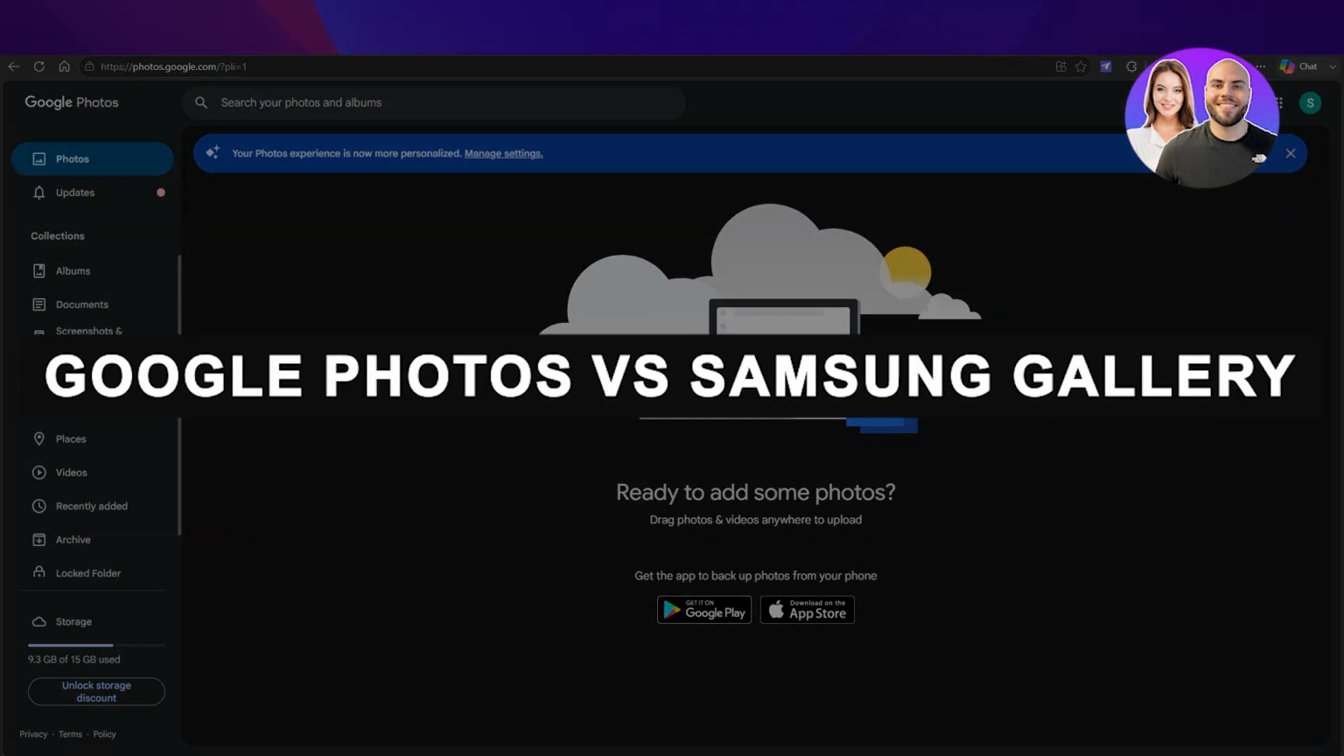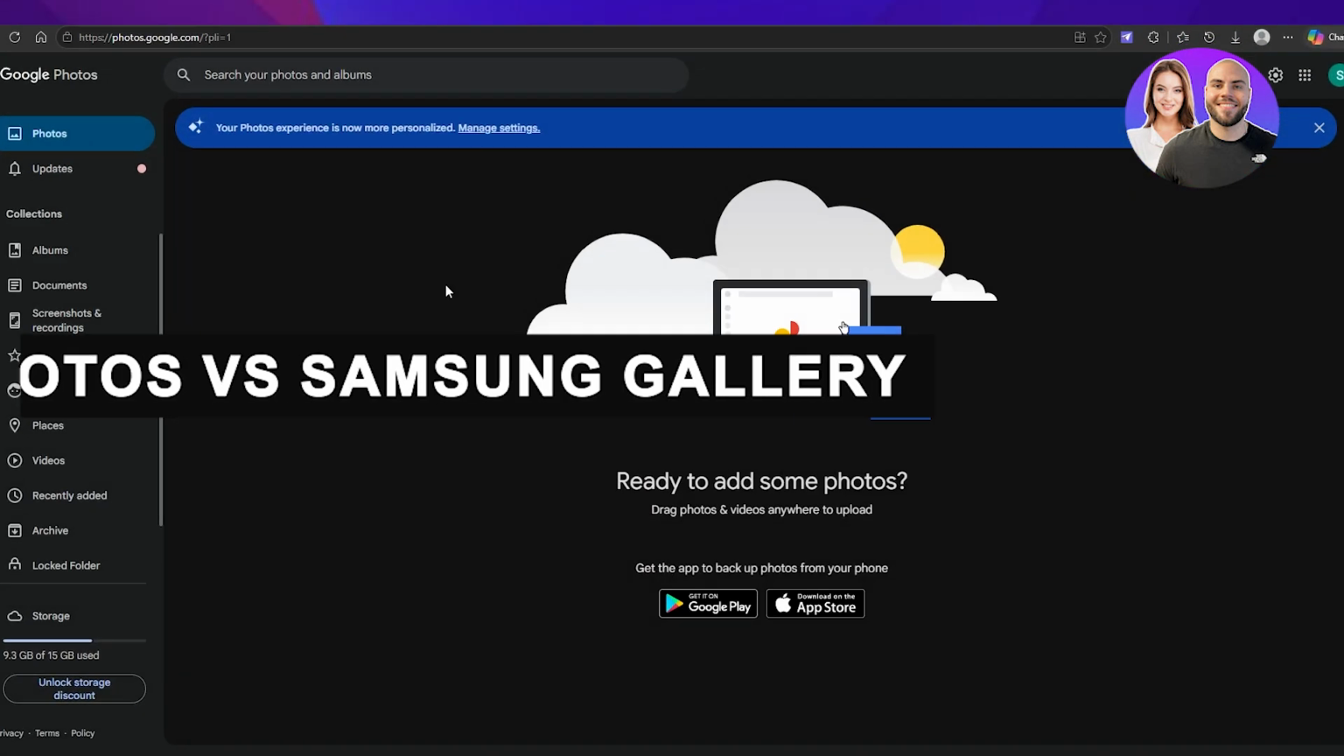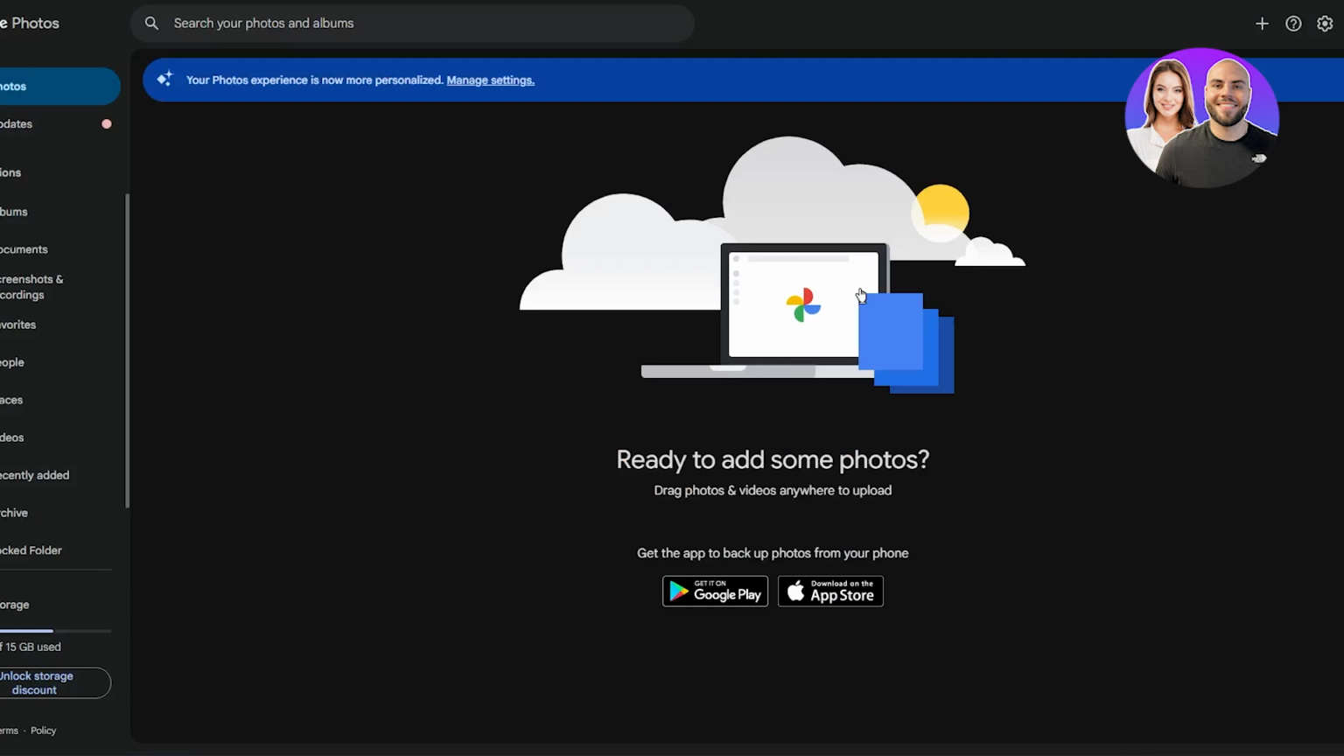Google Photos versus Samsung Gallery. What's the difference in Android? Now, Google Photos and Samsung Gallery are two of the best working applications for your photos and storing them for a long time. Now, Google Photos is obviously a veteran in this game because it has been doing this for a while